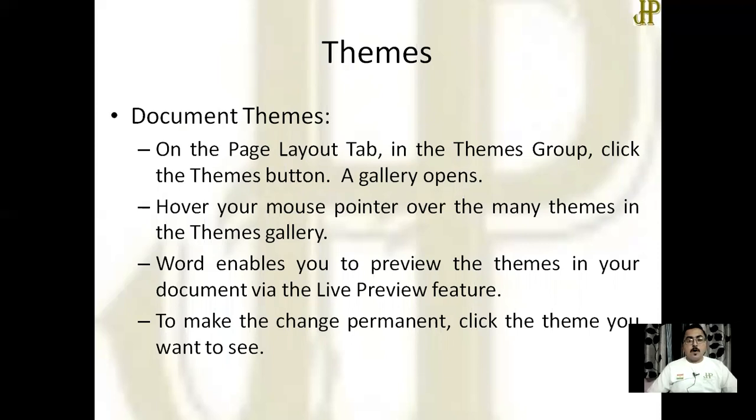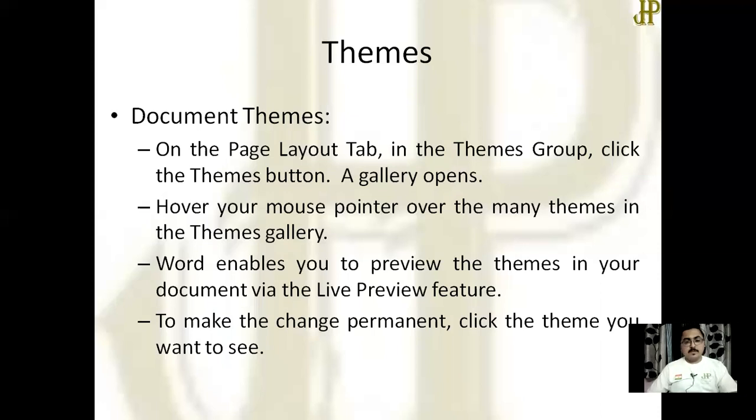Move the mouse pointer over the many themes available. MS Word enables you to preview the themes in your document via the live preview feature. And when you're satisfied with the theme, click the theme you want to take as permanent.